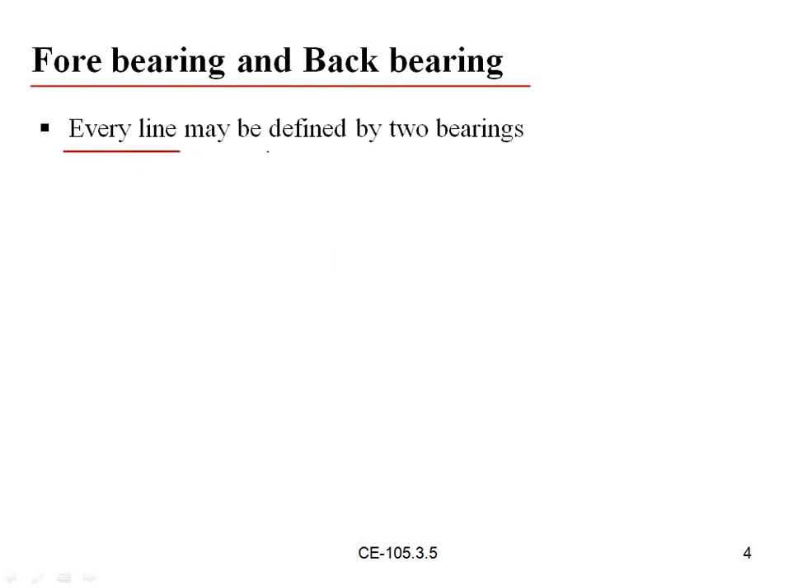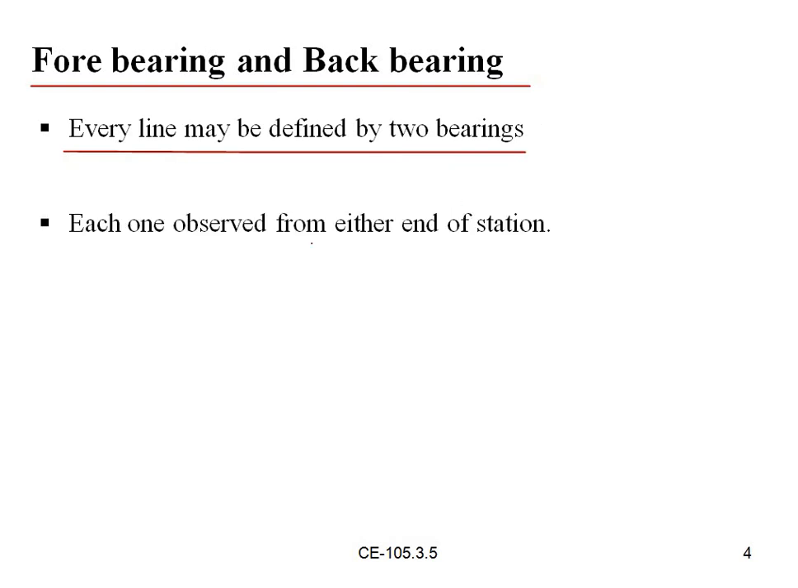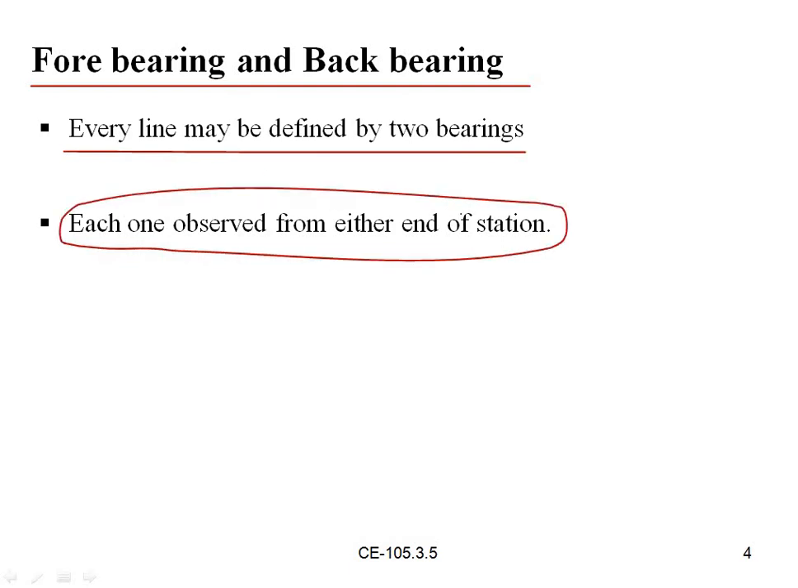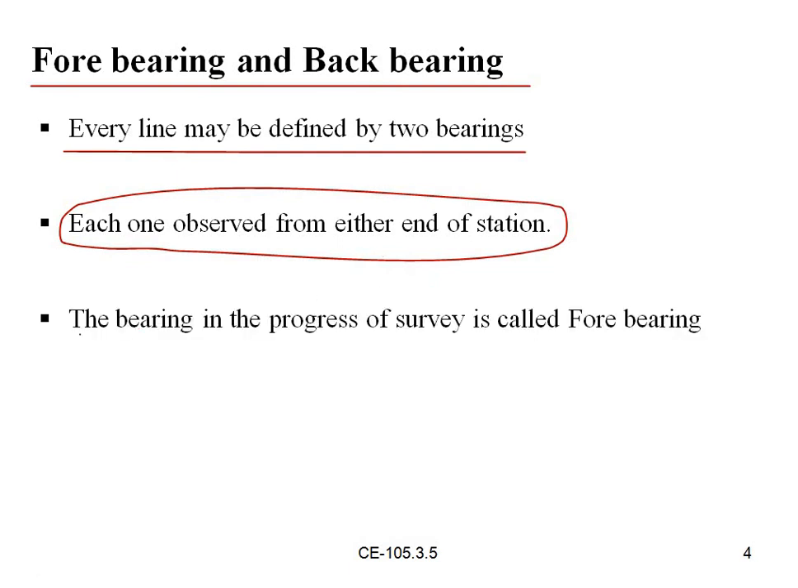So here every line may be defined by two bearings. Whatever readings we are taking, every line will be defined by two bearings, each one observed from the other end of the line. The bearing in the progress of survey is called forebearing. That means the bearing which we are seeing in the forward direction. So this is the diagram. If this is a compass station point, and from here you are sighting another point, this direction is called